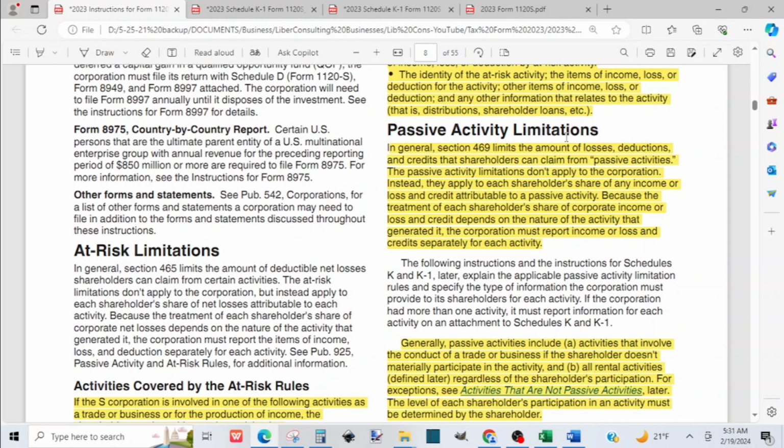So passive activity limitation. In general, section 469 limits the amount of losses, deductions, and credits that the shareholder can claim from passive activity. The passive activity limitation does not apply to the corporation. Instead, it applies to the shareholder. So that means even for an active business, like a business engaged in a trade or business, if a partner didn't materially participate in that business, then